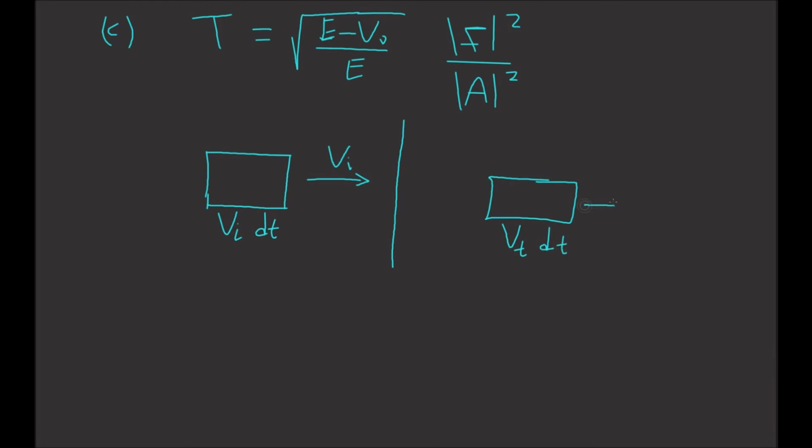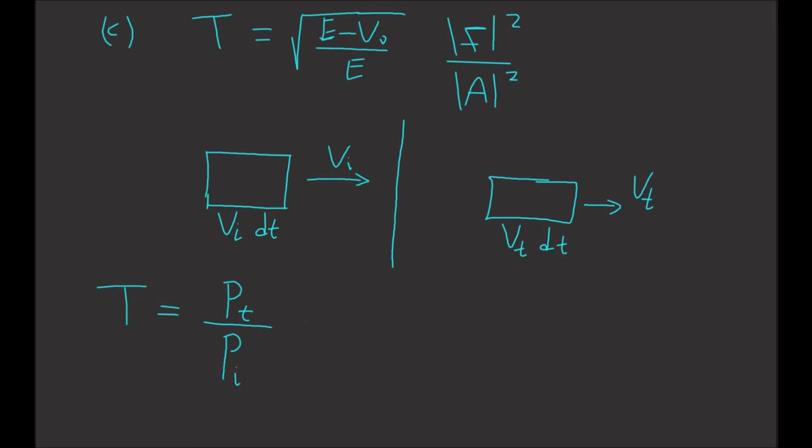It's going to carry on at velocity v sub t. So from the diagram, we know that the transmission coefficient is the probability of the transmitted wave divided by the probability of the incident wave,